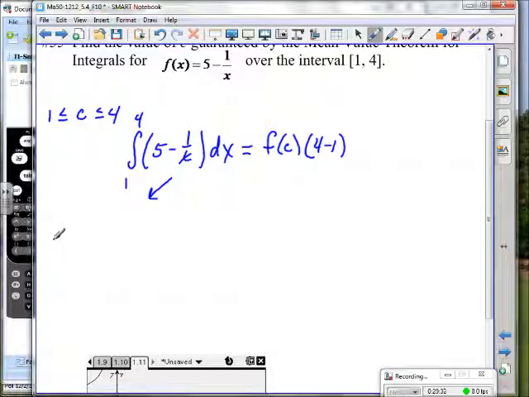This is going to be, let's see, the antiderivative of 5 is, do you have that in your head now? 5x, minus the antiderivative of 1 divided by x. We just did it, so it's natural log of x. Don't forget, put parentheses around it, integrate from 1 to 4. I'm going to keep all of this on the